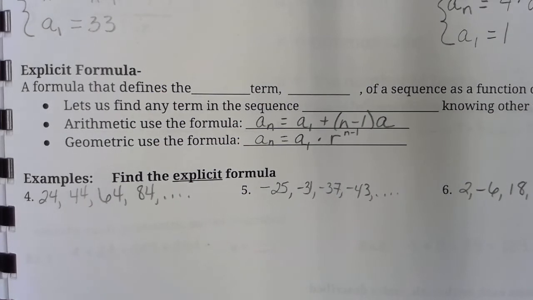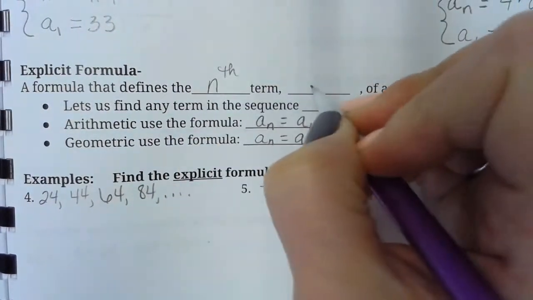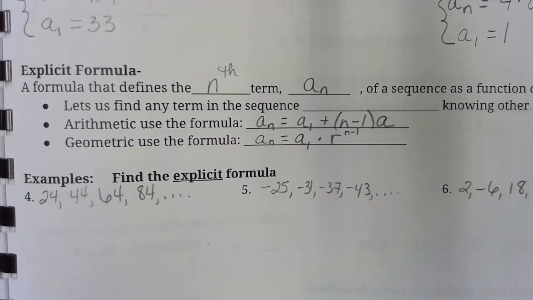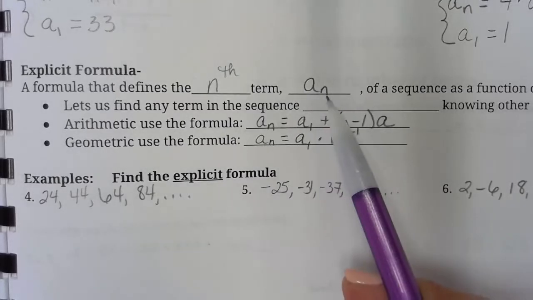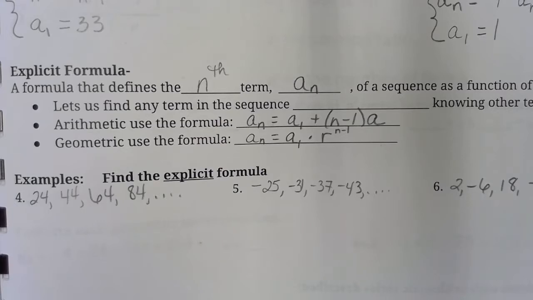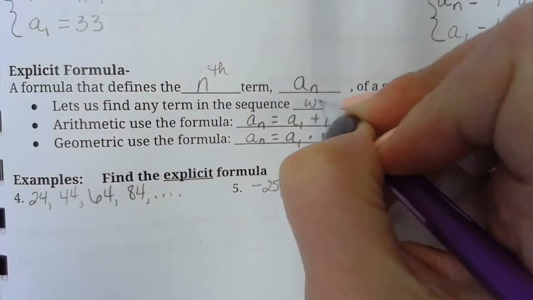So the next part of this section is explicit formulas. An explicit formula is a formula that defines the nth term, a sub n, again, we should be used to that notation by now, as we can find any term we want, a sub n, of a sequence as a function of n. So this is actually a little more powerful than our recursive formula, and it's because it lets us find any term in the sequence without